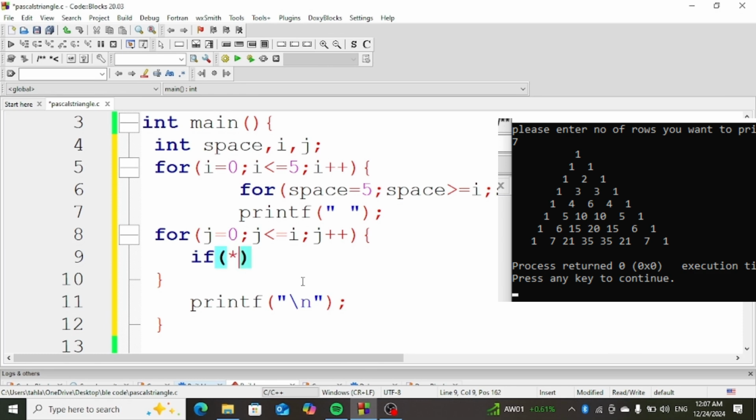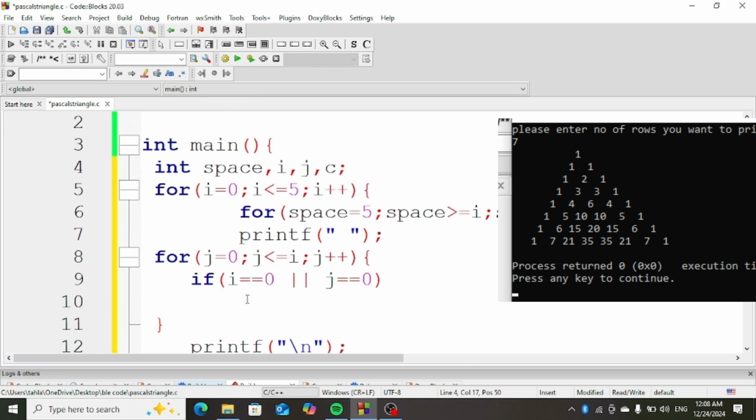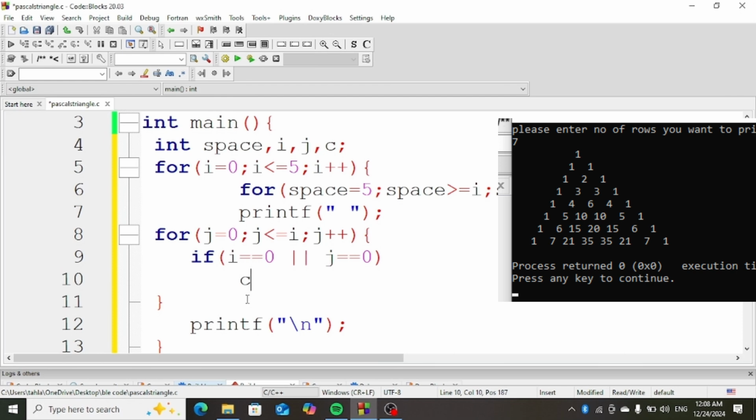So we are going to say if i is equal to 0, or j is equal to 0, then what? Then the Pascal's triangle, what it should print, let's just name it to be C. Let's declare it first here to be C, and then that means C should be equal to 1,